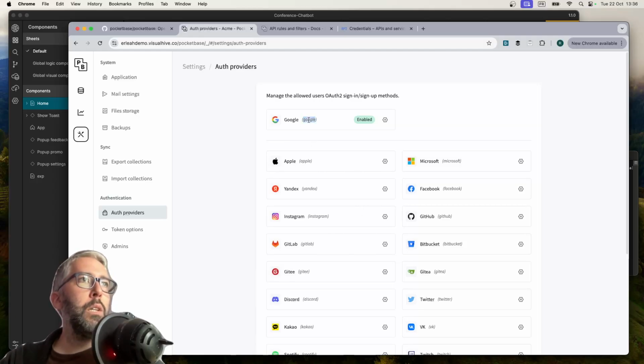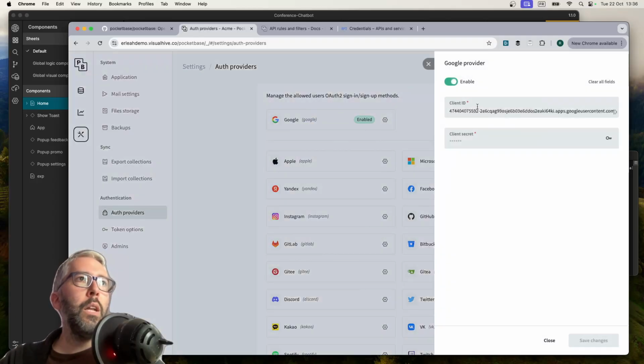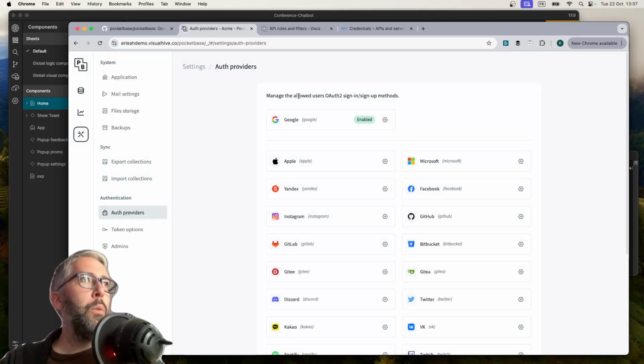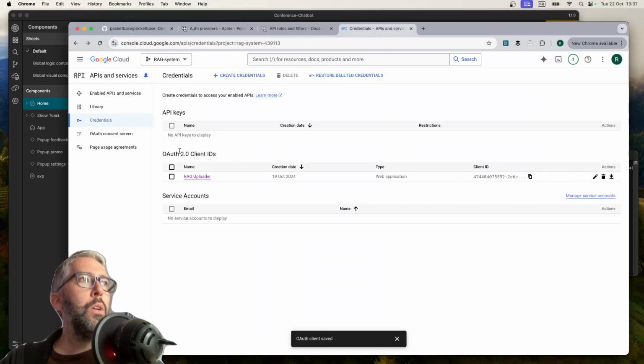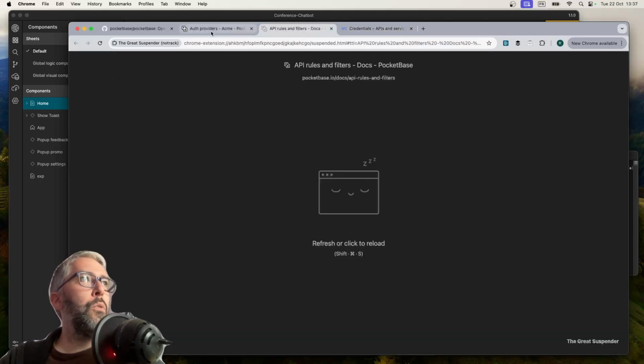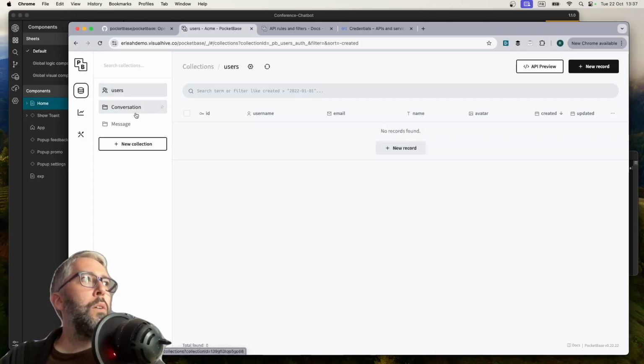So I've got one set up as an example, which is Google. I've put in the client ID and client secret from just a test app. It's nothing important. It's in test mode anyway, and I'm the only user. I ran into issues with Google OAuth, which I talked about in a previous video, which somebody told me is not really a problem, and that's my fault for not knowing how to do it, which is possible. But it was that having the redirect URI as localhost was not allowed in Google OAuth land. So be sure to read this part here,